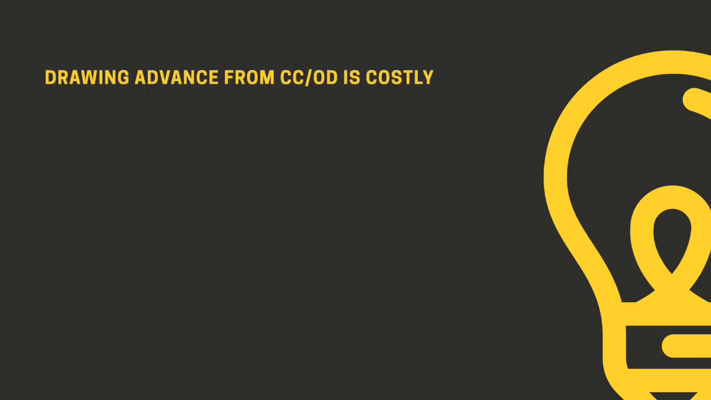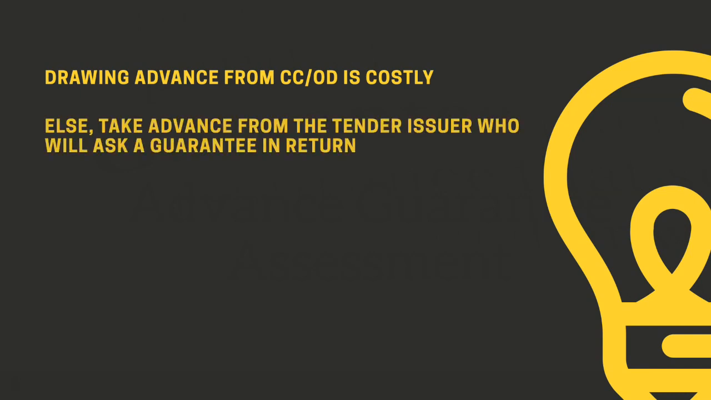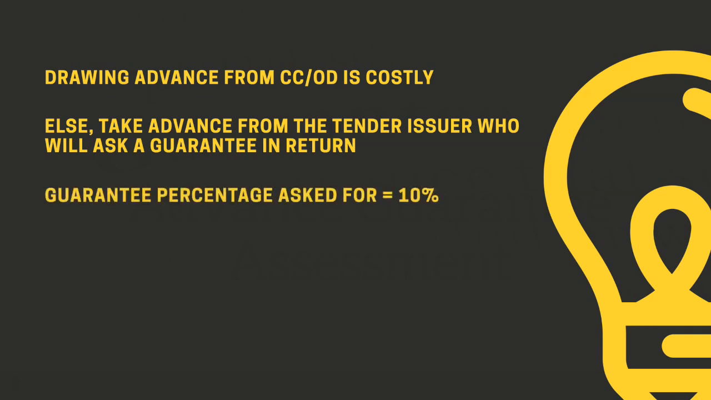If the contractor has availed an OD or CC limit, he can utilize that. But again, it's an expensive option because of the interest. Alternatively, he can ask for some advance from the tender issuer. Let's say around 10% of contract value. The tender issuer might consider his request, but it will ask for a security in form of advance mobilization guarantee